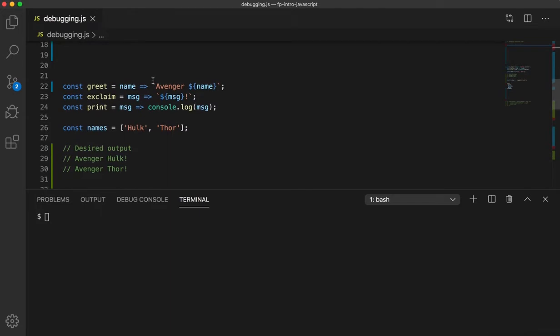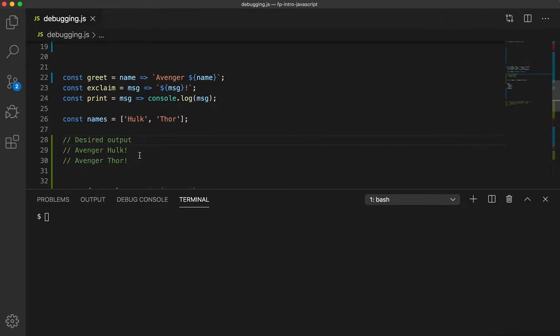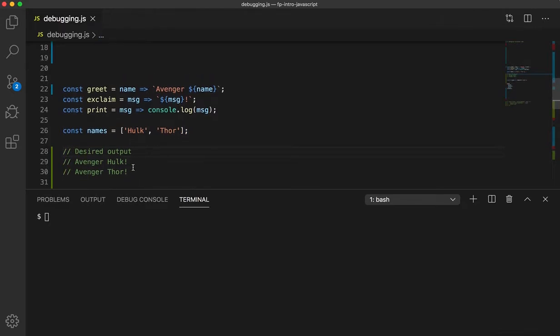So let's assume we have three functions here. The first adds a greeting to a name. The second adds an exclamation point or exclamation mark to a string. And the third simply prints. And we have a bunch of names here. Our desired output is to print the name of each Avenger with the greeting and the exclamation mark on separate